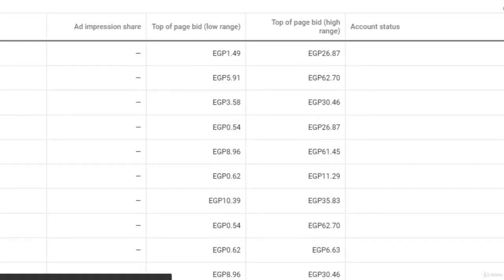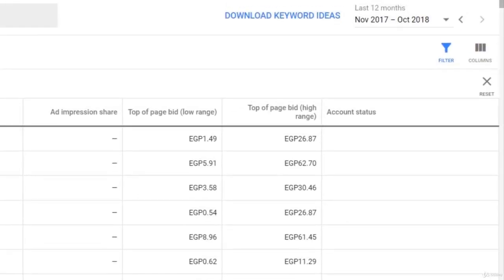Now the best thing about Keyword Planner is you can actually download the keyword ideas that you get by clicking here, and it'll download them as an Excel file. So now you know how to get new keywords every single day with that super beneficial tool. We hope you have found this tutorial useful and that you learned how to use the Keyword Planner strategically.